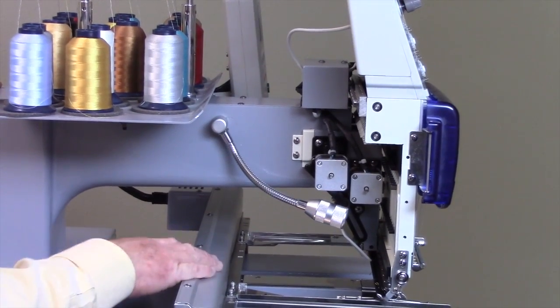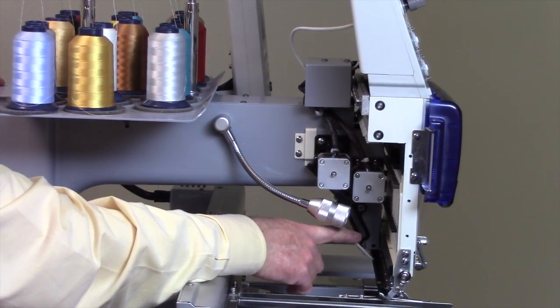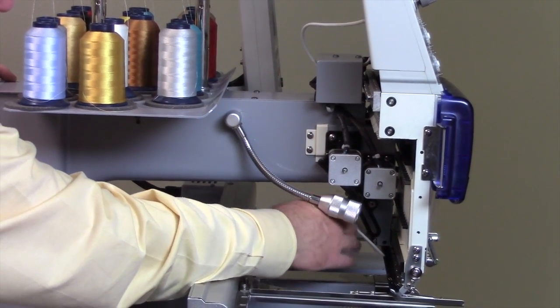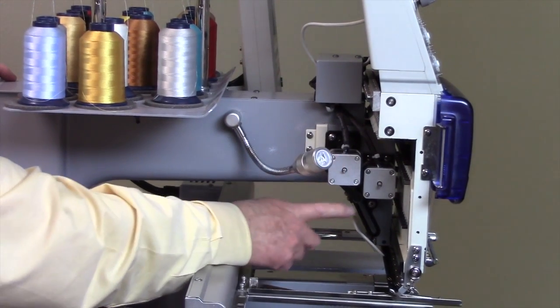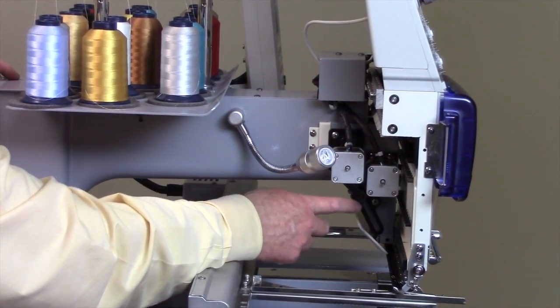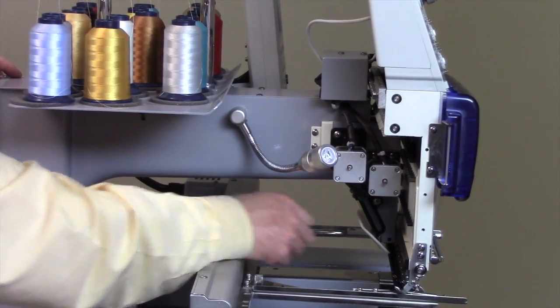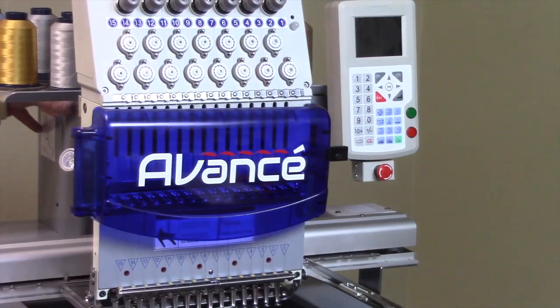Okay. Back behind here, you've got this plastic piece, and this is the bill guard. This prevents the bill of the hats when you're sewing them from hitting any of this. Okay. If I move this out of the way, this is your wiper bracket. Your wiper rides on that. And if we spin this around to the front,